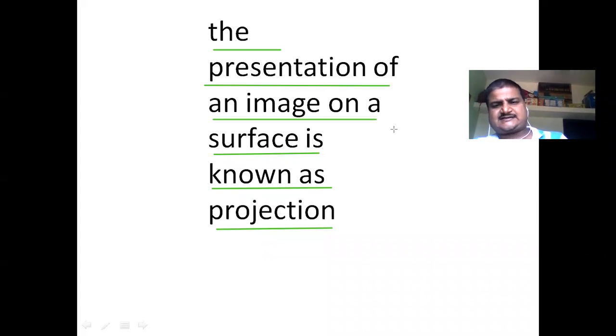Okay, let us start with chapter number 1, or unit number 1, and the name of the unit is projection of lines. Now my friend, if you take a look at our syllabus, the chapters are like projection of line, projection of plane, projection of solid, orthographic projection, section of solid. Means everywhere we are listening to one word continuously, repetitively.